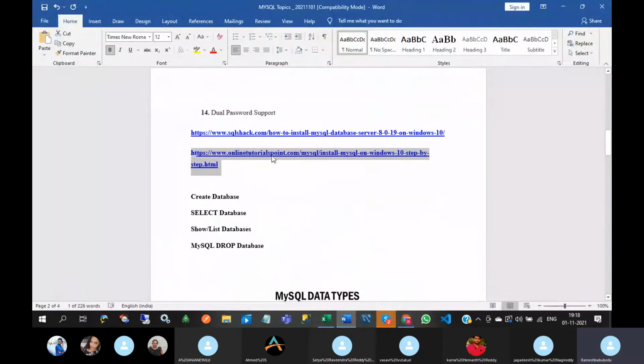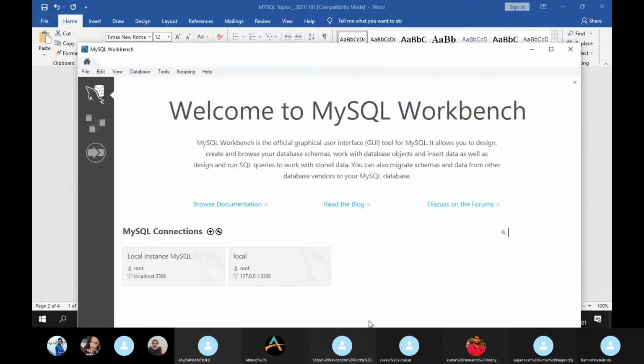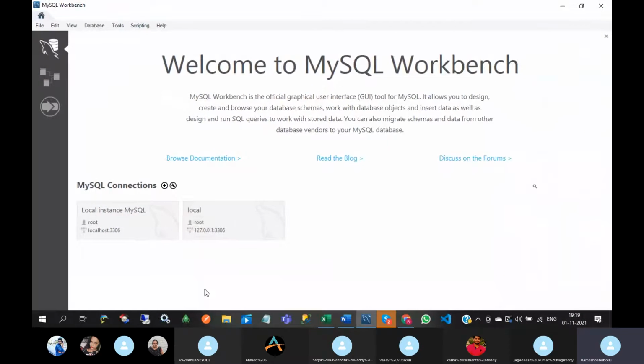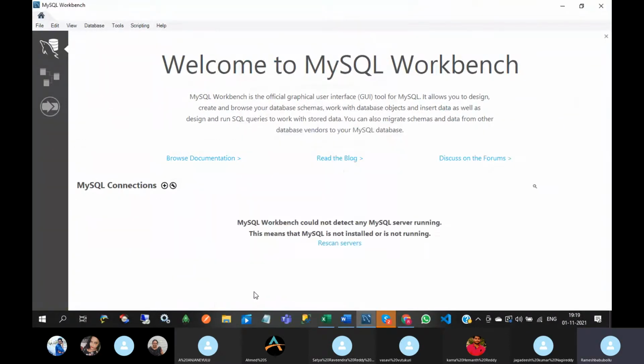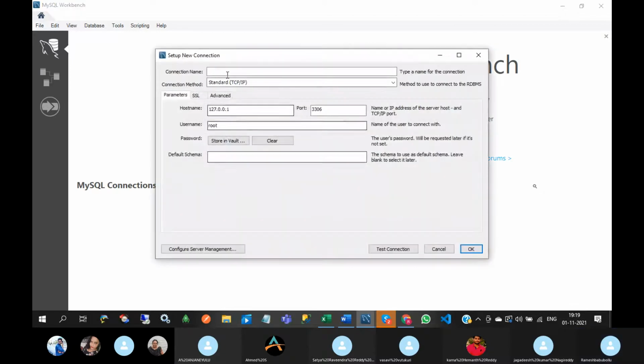After downloading and installing MySQL, you just click on this and you will get MySQL Workbench. These are the existing connections. I'm deleting this. Initially you will get a screen like this. Go to this plus button.